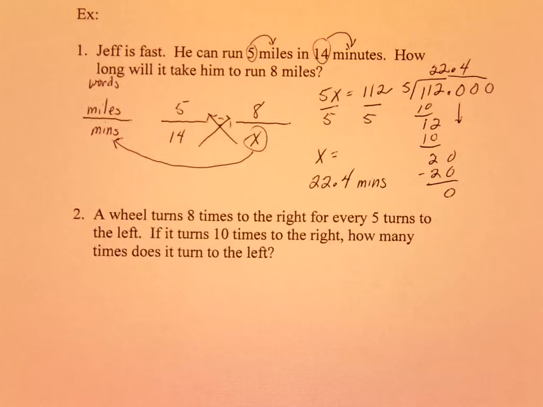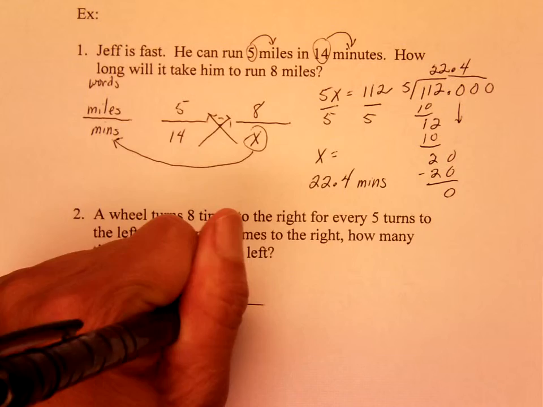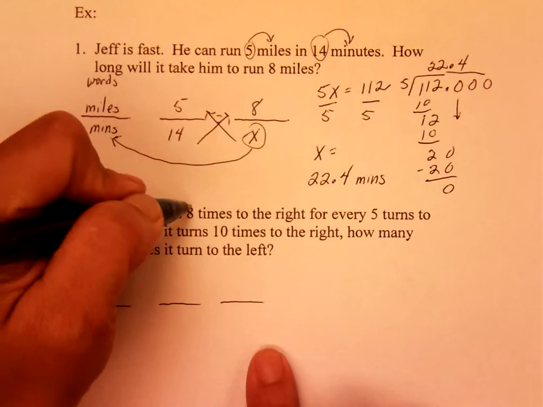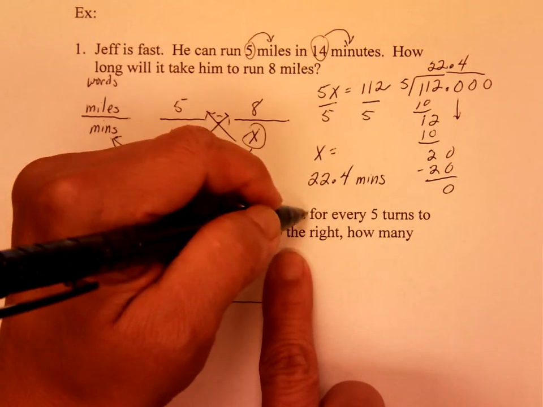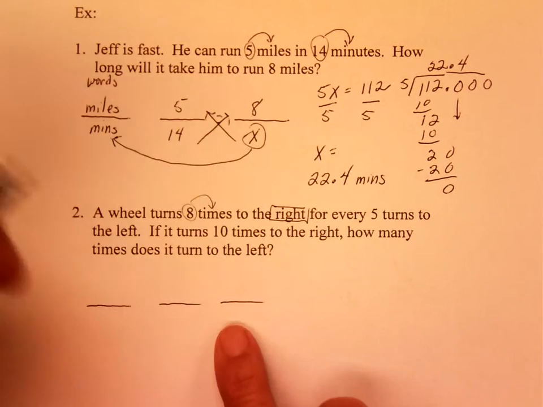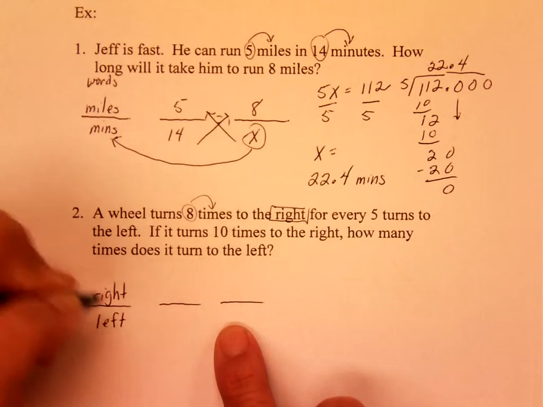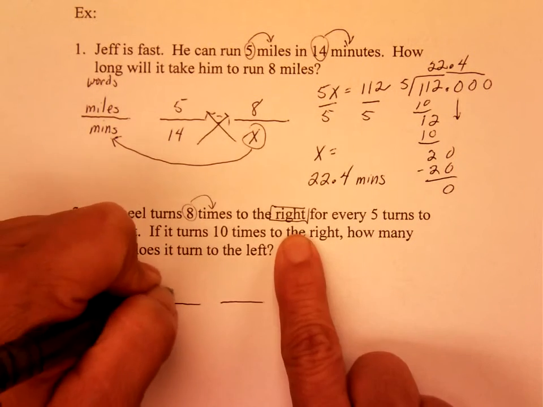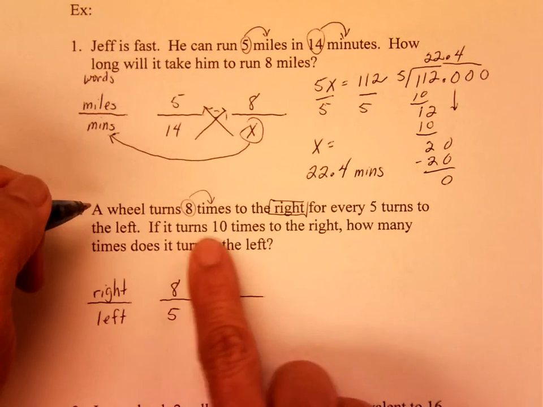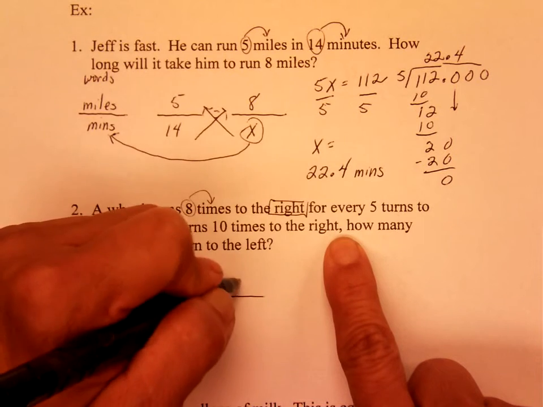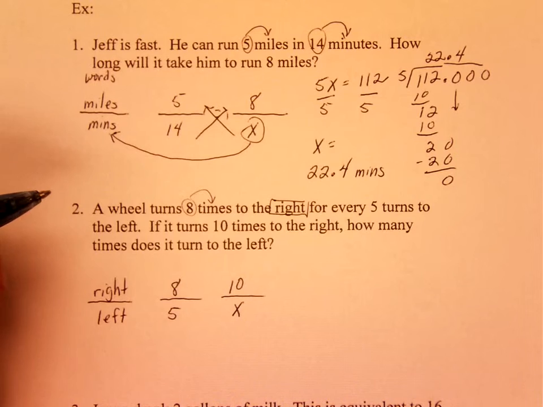So you should have written 3 fraction bars. This one's a little bit different for your words, because usually you look at the words right after, but it's not really times. 8 times to the right. Right is what you're comparing. Right and your left. What you know is it turns 8 times to the right, and it turns 5 times to the left. Then it says if it turns 10 times to the right, well, it gives us a number, 10 times to the right. How many times does it turn to the left? That's your x. Cross multiply,